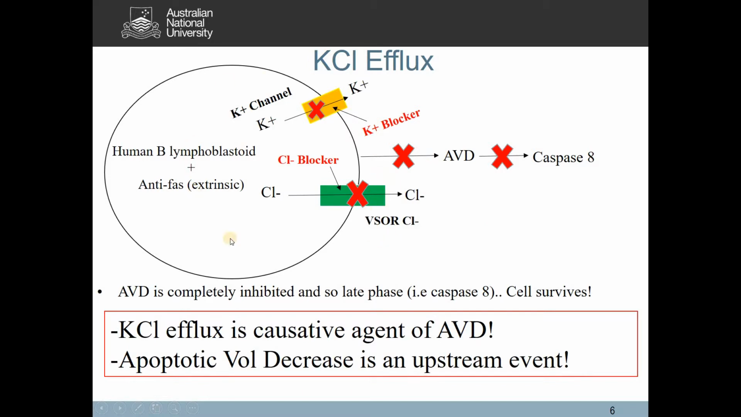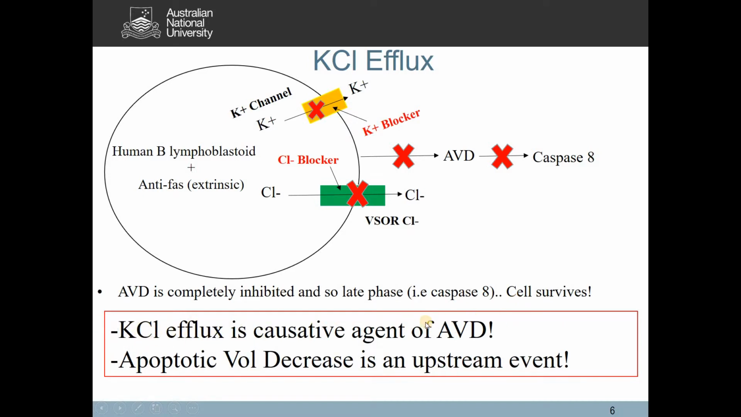So it means if we don't activate AVD, we find something very, very interesting, because we no longer even activate caspase 8 either. So if we don't activate the AVD, we no longer activate caspase 8. This means a very, very important thing. This means that the apoptotic volume decrease must depend solely on potassium chloride efflux, and the KCl efflux is a